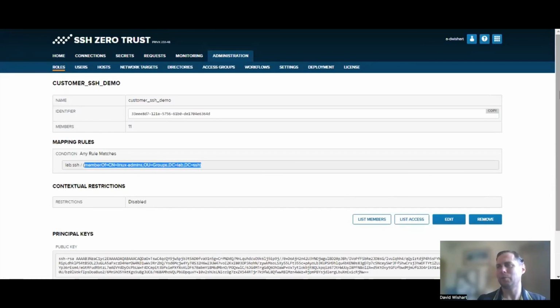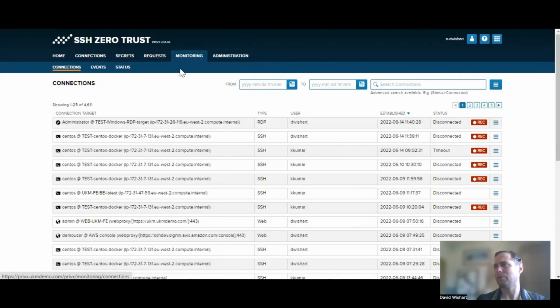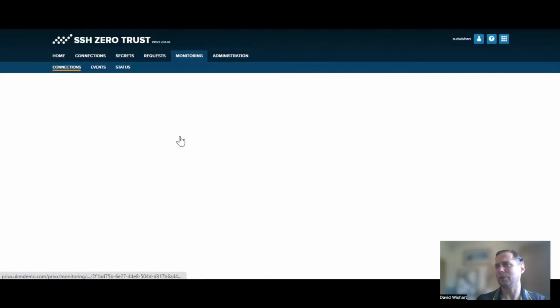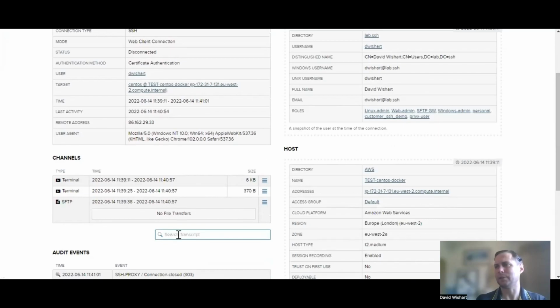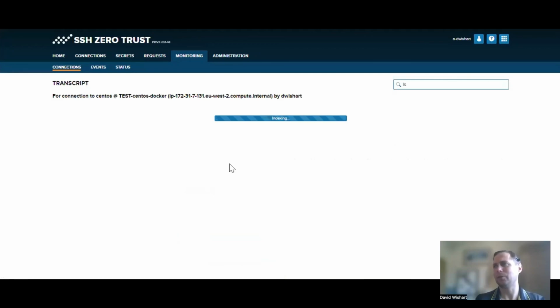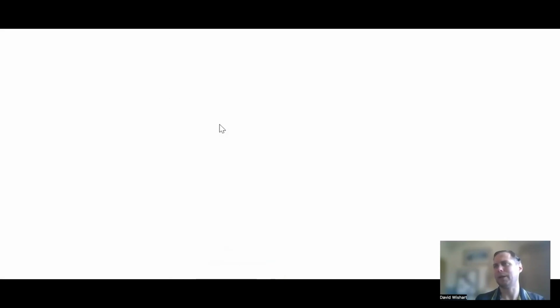So it's very, very easy to configure. Then one thing as well you can do is you can look at recordings of sessions. For example, I can do a very quick search for when a particular command was run on a system, and then I can see that in the session playback.